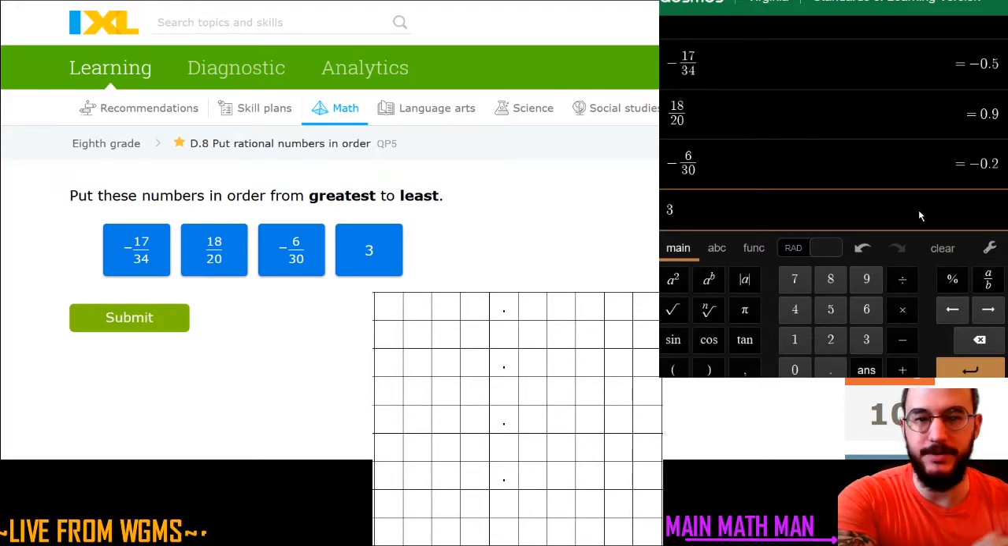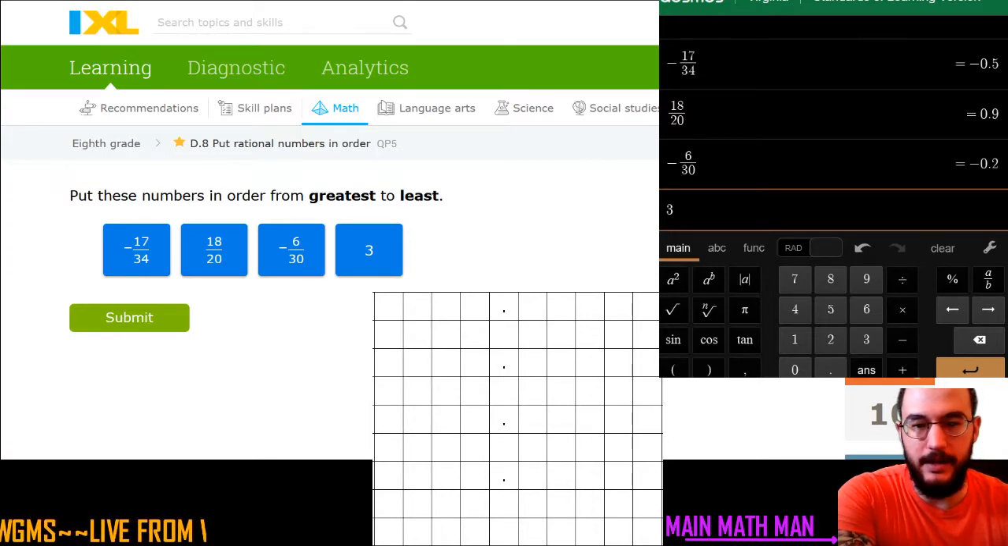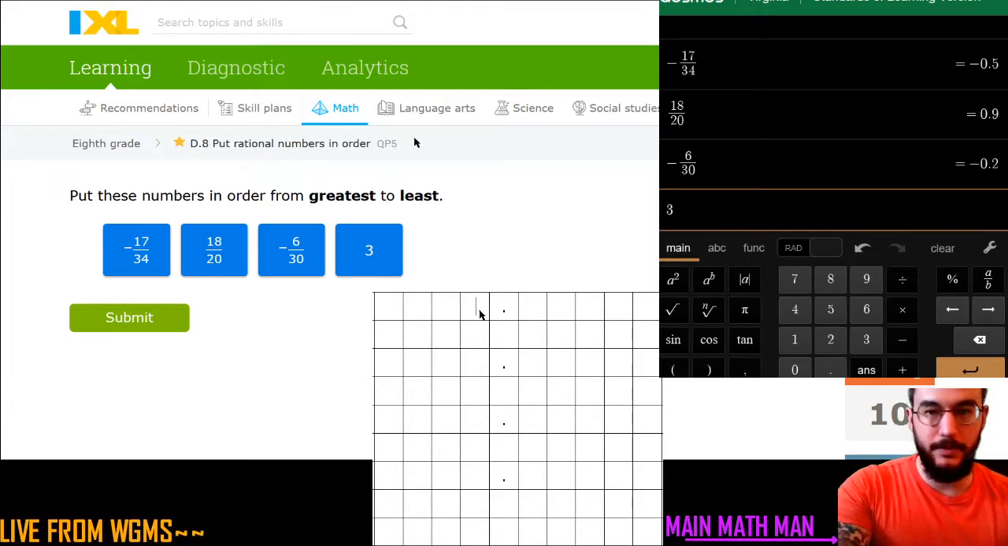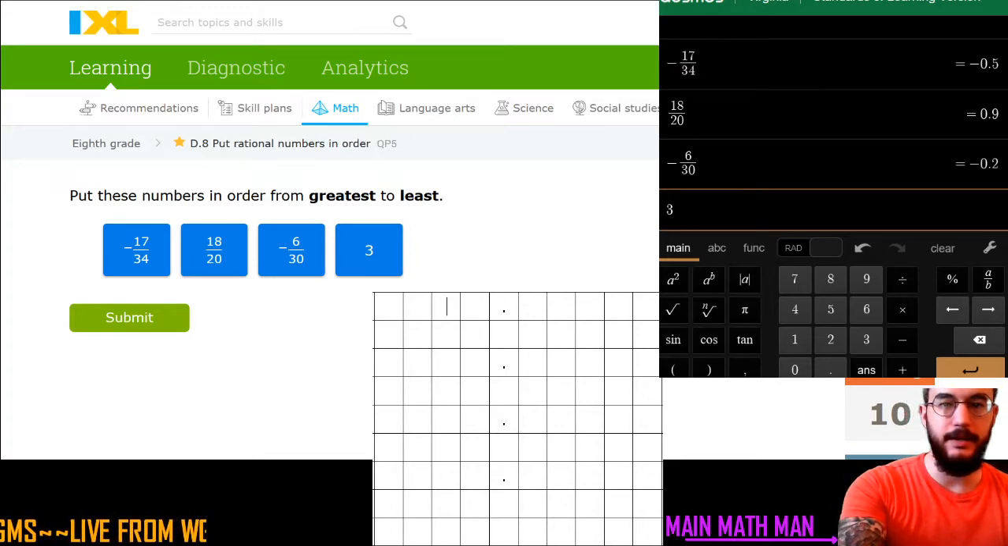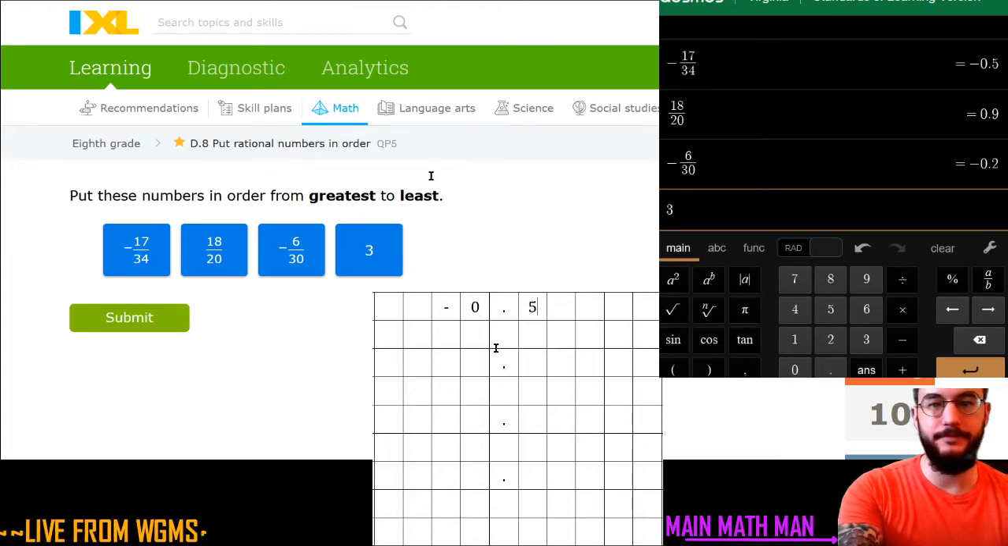So now that I have those values in decimal form, I can say, all right, let me put them in this wonderful grid paper for ourselves. So I clear these out. Let's try typing one last time. There we go. So we have negative, and we have 0, point, and then 5. Our next number is 0.9,